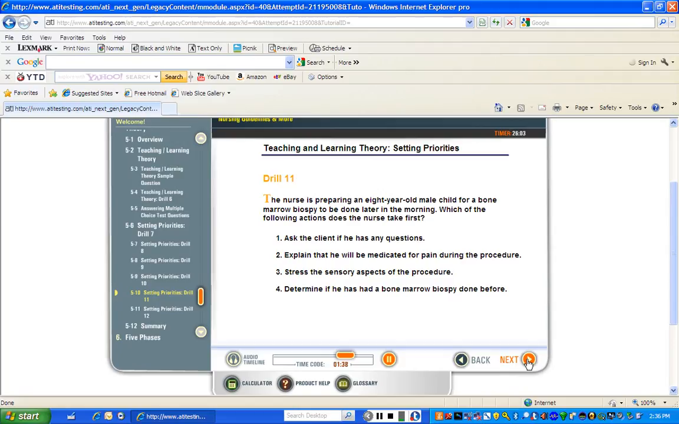Let's look at option 4. Determine if he has had a bone marrow biopsy done before. This is the only choice that focuses on assessing the client's immediate teaching needs. With only the information in the case scenario, all you know is that the client needs preparation for the test